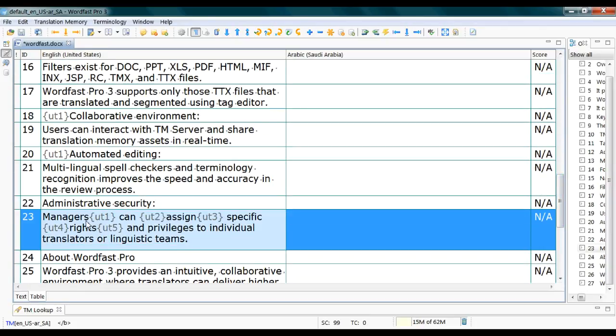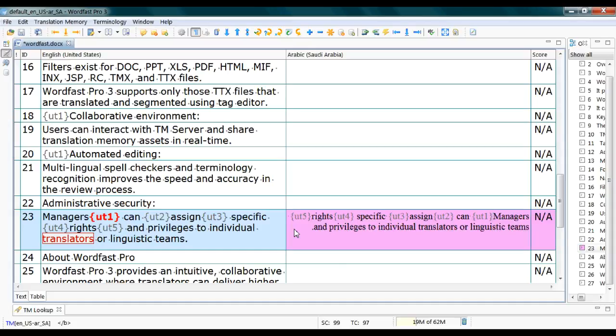So if a segment like this has many tags, that means that the segment is infested with formats. In this case, I advise you to copy the source with Alt Insert, the keyboard shortcut, so you don't have to place each and every tag individually. If you're curious about the exact content of the tags, hover over any, and the tooltip will pop up